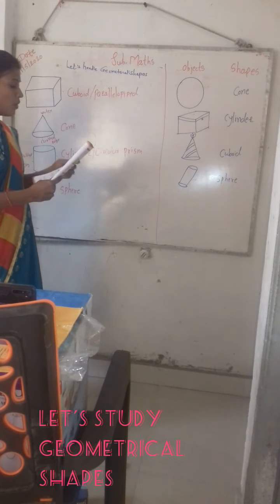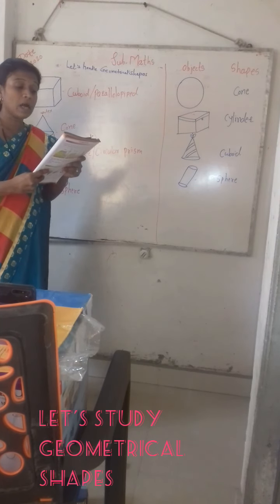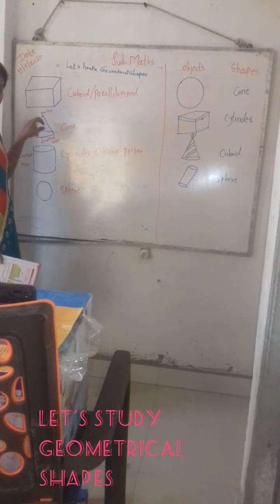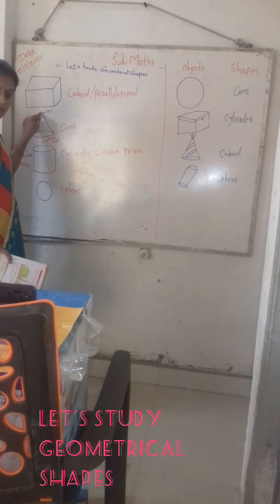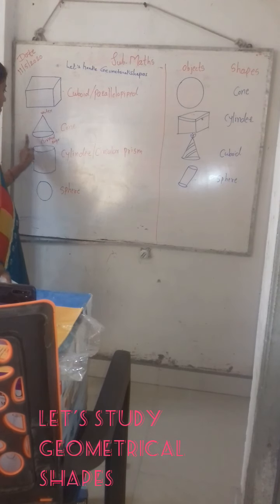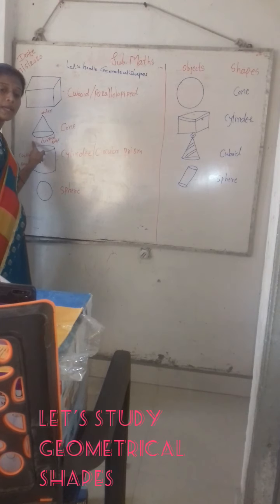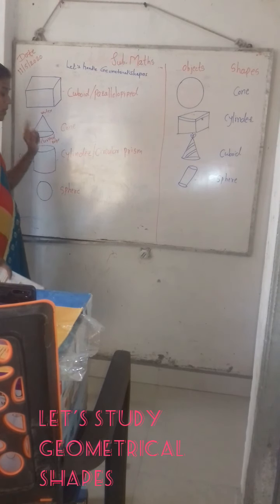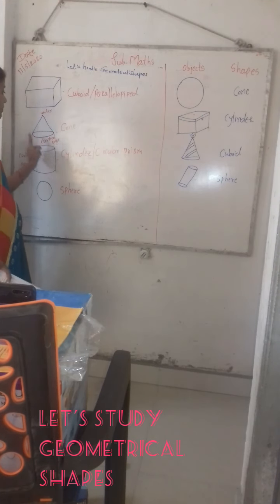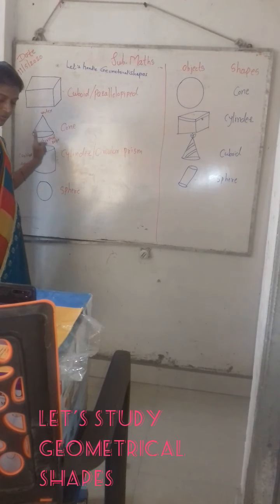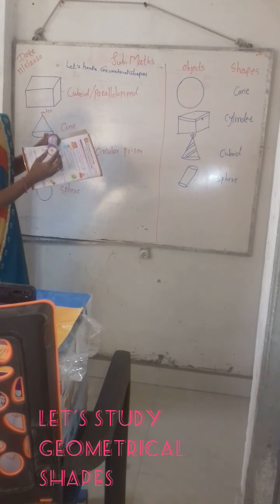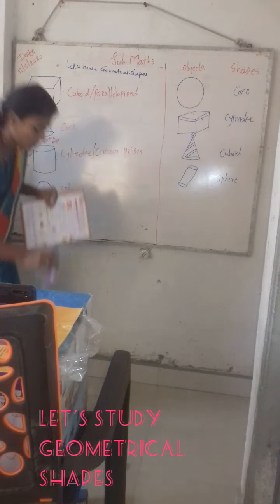Our second shape is cone. The shape like a round cap is called cone. You can see the shape of cone. Cone has one base and one corner. We can call its corner vertex. Cone has one vertex, and its base we can call curved edge. It's a curve. It is a round shape. So we can call its base curved shape. For example, this shape's base is curved, so we can call this a curved shape.